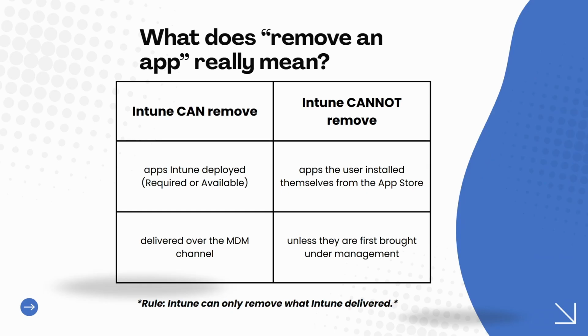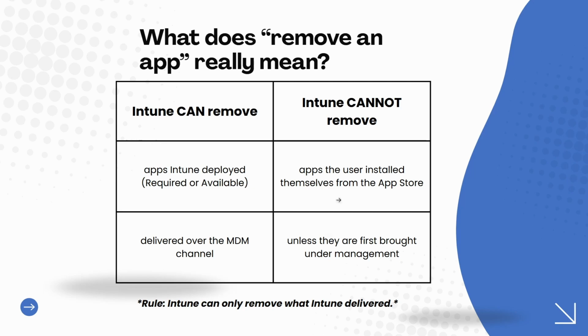Please do note that Intune can only uninstall an app that Intune itself delivered. So if you push the app out as required or the user installed it from the Company Portal as available, then Intune installed it over what is called the MDM channel, and Intune can take it back or uninstall it as it controls it. But if the user went to the App Store and installed the app themselves, the way they would install a normal app, then Intune did not put it there, and Intune cannot simply reach in and